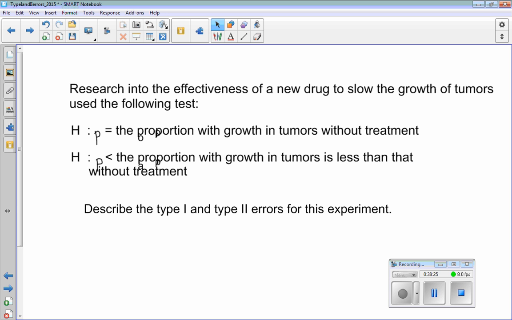So research into the effectiveness of a new drug. We want to slow the growth of tumors, used the following hypotheses. So we have a null hypothesis here. We have an alternative hypothesis here. Okay? The null hypothesis says,